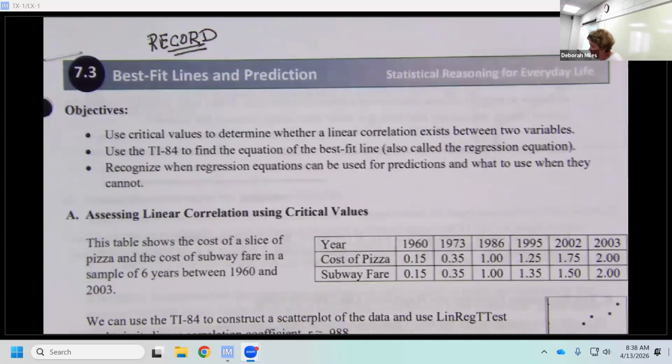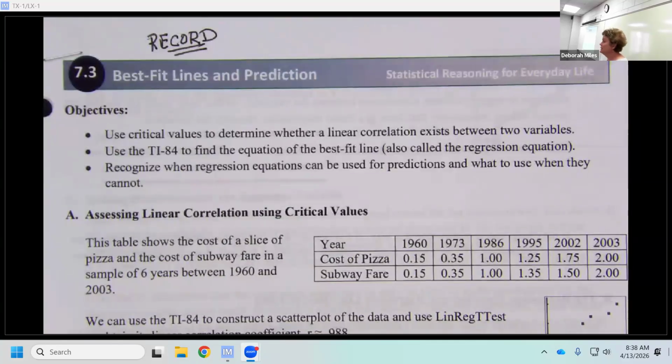In 7.1, that's where we just talked about linear correlations and nonlinear correlations and no correlation. We talked about what the scatter plots look like, what the R value meant, and what we might expect for certain pairs of variables. But we didn't do any predictions, and that's really one good thing that we use the linear regression equation for. In college algebra, not just college algebra, heck, in 8th grade or 9th grade, we started